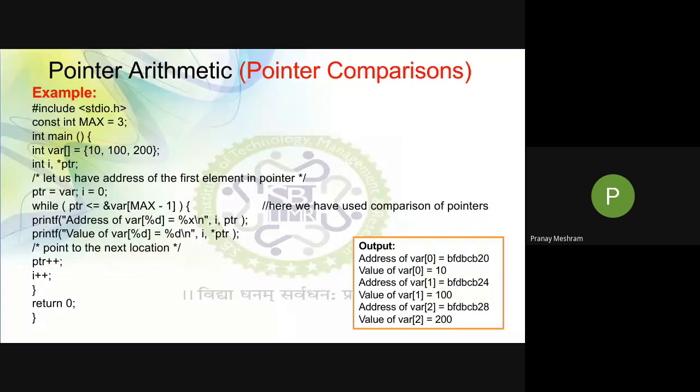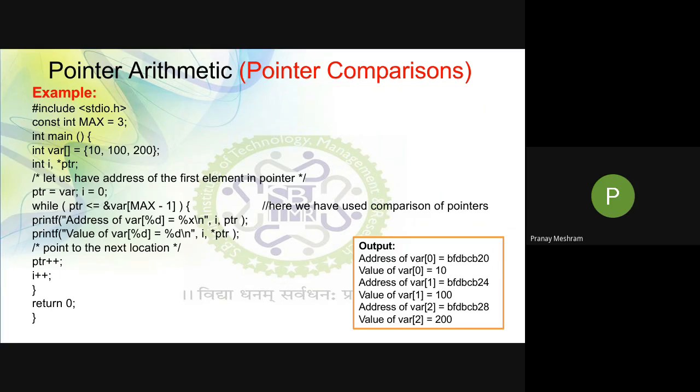Now again the comparison will be done. b28 is less than or equal to b28. The condition is true because it is equal at least. Not less, but it is equal. Okay, so the condition is true. So again the address will be printed, which is b28, and the value of the last element will be printed,